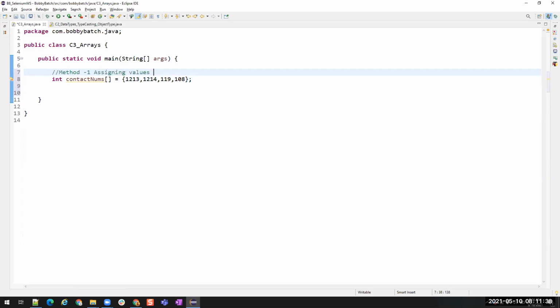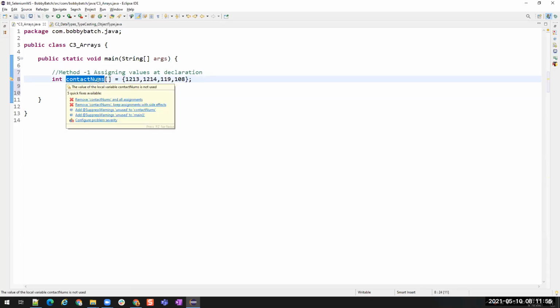Assigning values at declaration. If you already know what values you want to assign, then you can use this way. I'm just directly assigning these values to this variable where I'm declaring it.